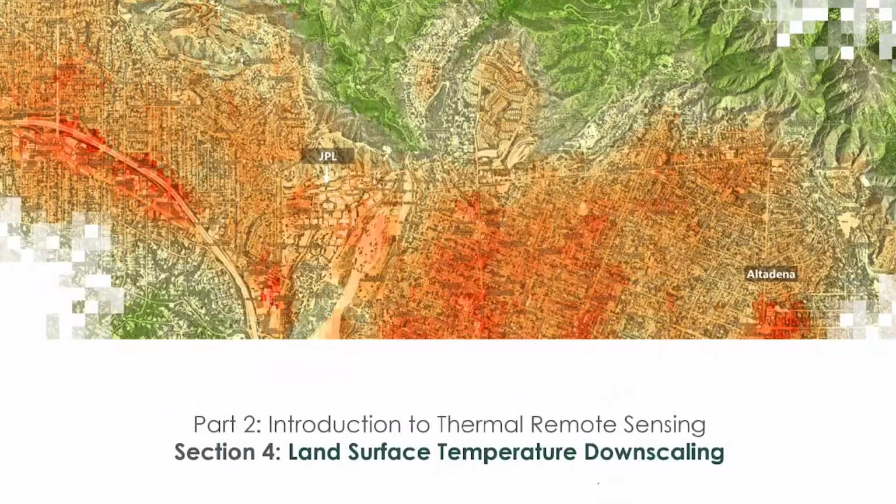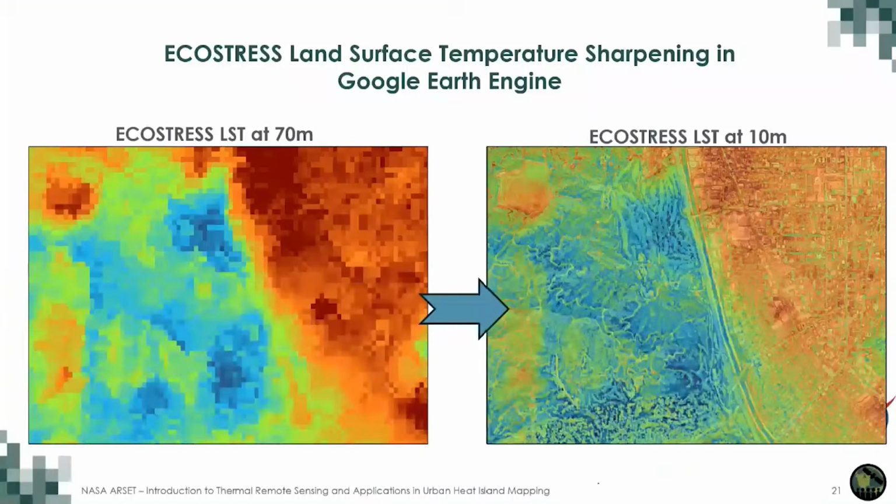All right, so moving on to section 4 now, which is land surface temperature downscaling. This brings us to the central idea of today's talk, thermal sharpening, or it's also sometimes called downscaling. It's often used interchangeably. The basic concept here is to take coarse resolution thermal data. Well, coarse here meaning 70 meters, which is actually the highest resolution available from space, but